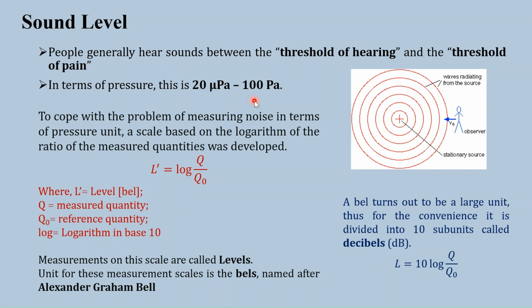तो अगर हम किसी को ये बता रहे हैं कि इस पर्टिकुलर प्लेस पे फॉर एग्जांपल यहाँ पे हमारा साउंड सोर्स है और यहाँ हमारा ऑब्जर्वर है, तो अगर हमको मेंशन करना है कि जैसे जैसे डिस्टेंस इंक्रीज हो रहा है तो यहाँ पे इतनी वैल्यू है, इसका यहाँ पे इतना वैल्यू है. So to simplify this, a scale was developed which was based on the logarithm of the ratio of the measured quantities. So here is the equation L is equal to log Q by Q naught.